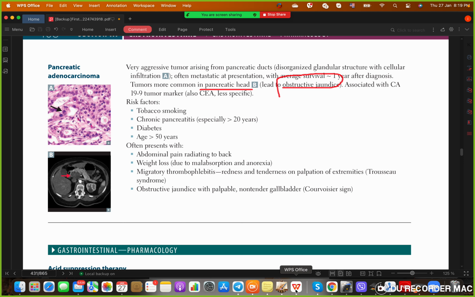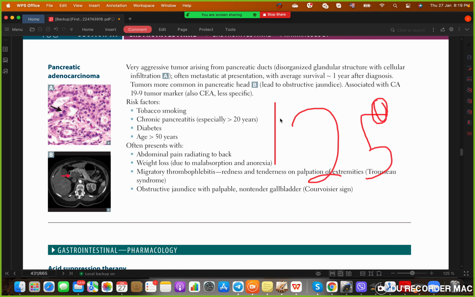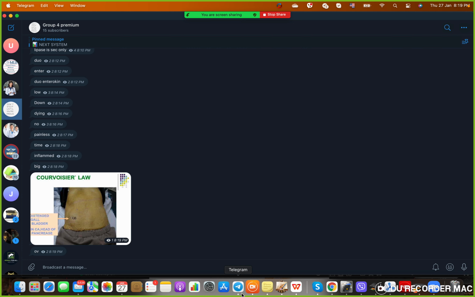Okay. So it's associated with the CA 19-9. How do I remember this? Guys, 19-9, number 9. If you write number 9 like this, it looks like a pancreas. What about CA 15-3? 15-3 looks like a breast. Okay, so this is for breast cancer. What about CA 125? CA 125 is for ovary. So I imagine 2 ovaries here and the uterus in the middle. So that's for all 3 CA